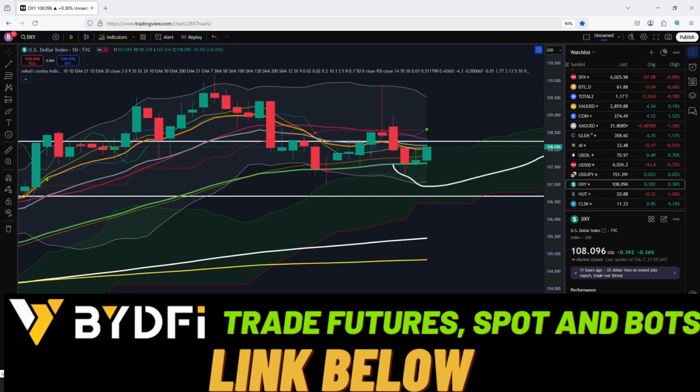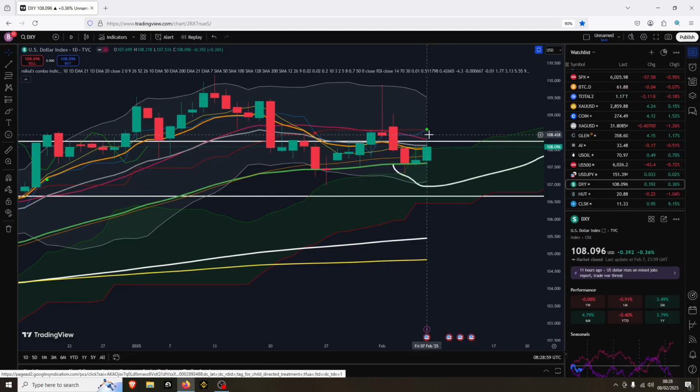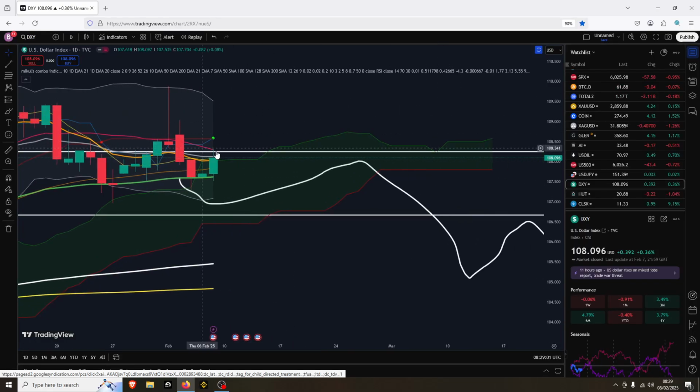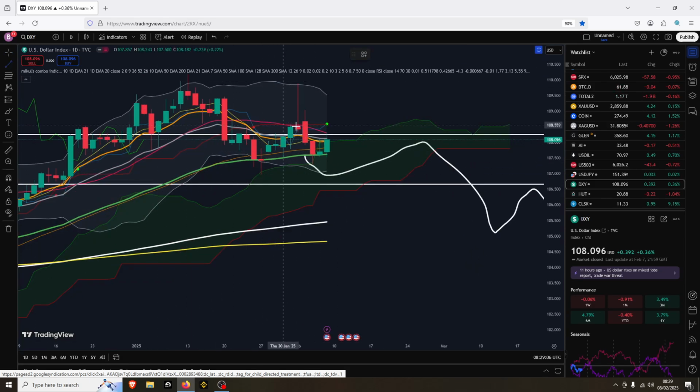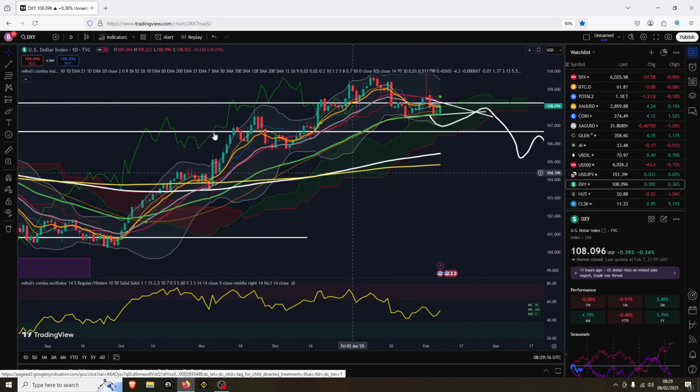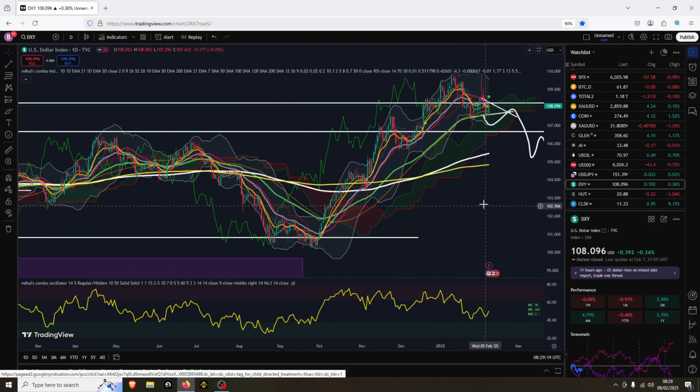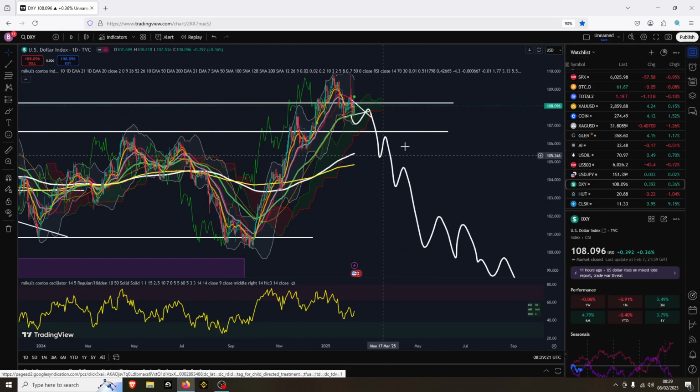So what we're looking at now would be a pullback from this area, hopefully to break down below the 50 exponential, which is where the support is. So you've got support, resistance. And if you look at the trajectory of the 20 moving average and the 50, you've basically got yourself a bit of a symmetrical triangle formation, which gives you a 50-50 idea of where and how a breakout is looking to take place. I still think that the best way for this to play is to pull back and consolidate, actually from now on, over a period of months throughout the majority of the year. That's what I expect to see.